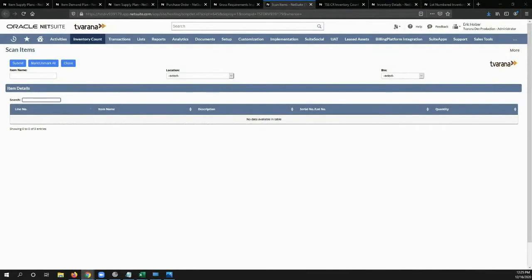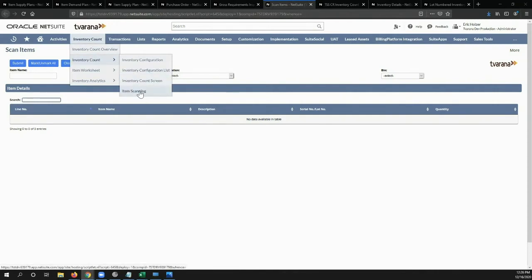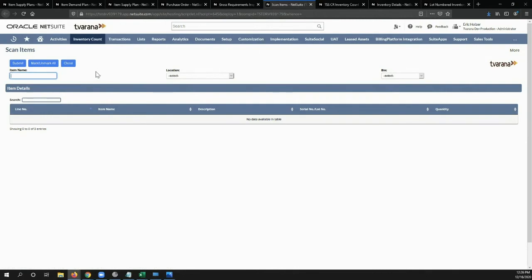So the first one being one of my favorites, inventory count. This is our app. We can come into item scanning. This allows a user to directly scan into the system for products by location and bin, if those are applicable, without generating separate plans. So from here, I could simply scan in. I do not have a scanner, so I will copy and paste to mimic the functionality. So if I scan my item code